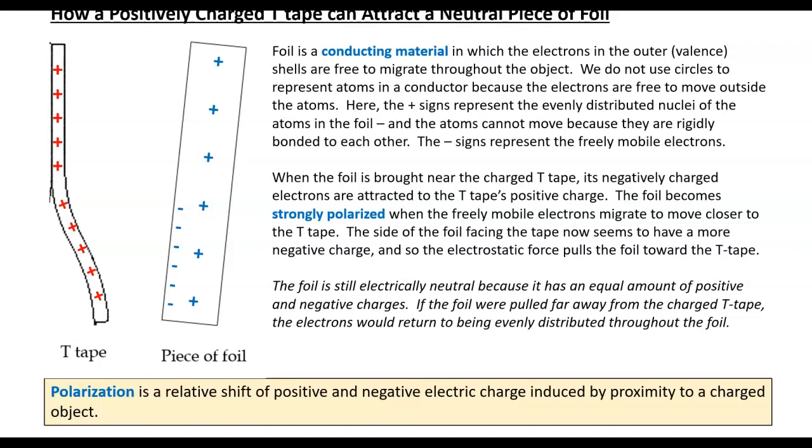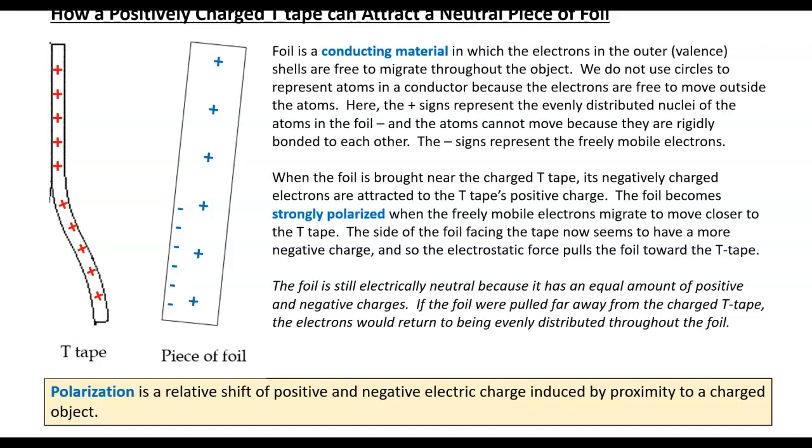Notice in my picture I've shown 6 plus signs that represent 6 nuclei, and so I'm only showing 6 free electrons, because overall this piece of foil is electrically neutral. It has an equal number of positive and negative charges. If we were able to take the foil further away from the T-tape, those electrons would return to being evenly